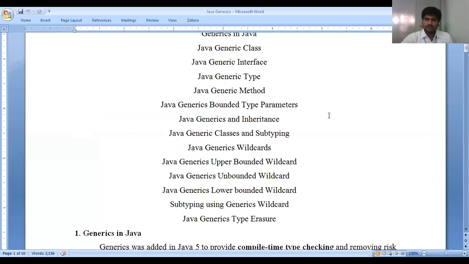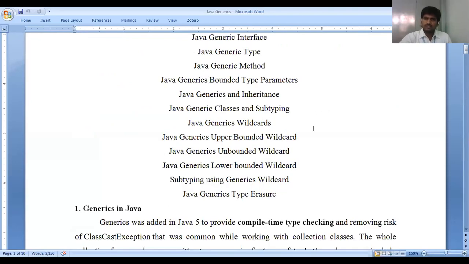Once the wrapper classes are done, automatically the same applies to bounded and unbounded classes. So here, wildcard, what is a wildcard? The question mark is called a wildcard here. That is how we will use it. Then what are lower bounded and upper bounded? First of all, we should know what generics are and how we can use them efficiently in the program. Then we can easily understand these remaining classes.